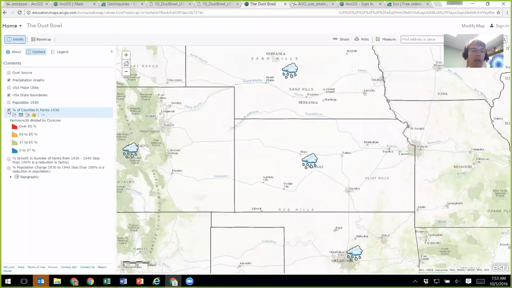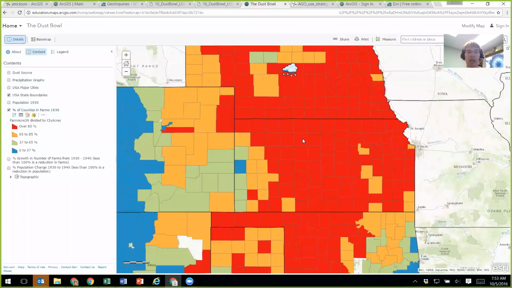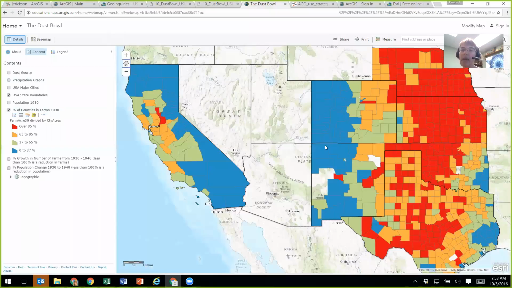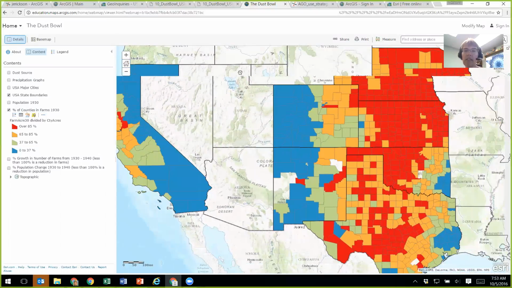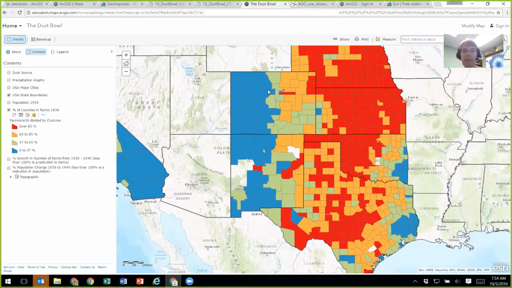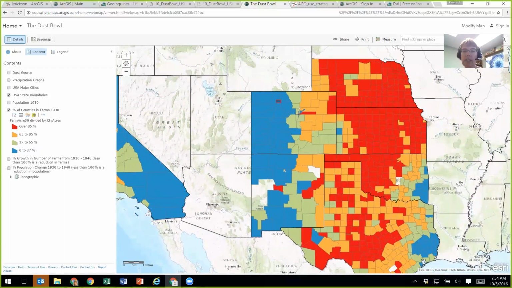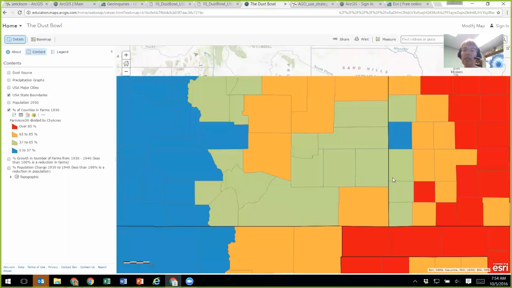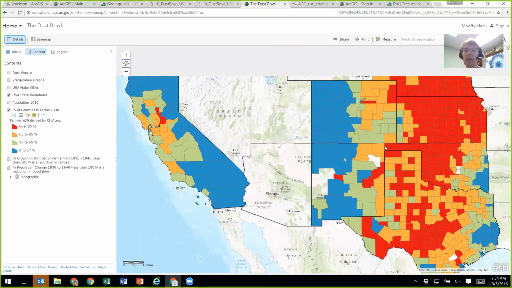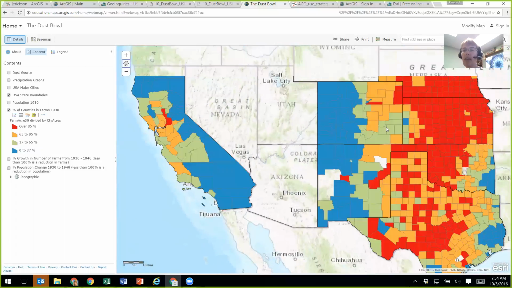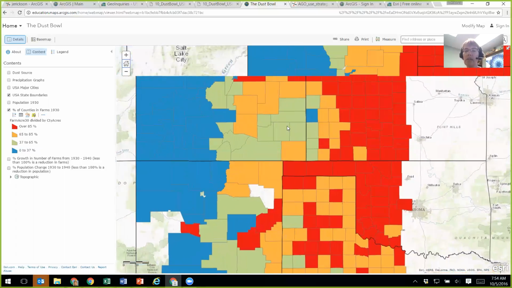So I'm going to go back and turn on this percent of counties and farms in 1930. If I wanted to zoom on here, I have the plus and minus zoom in the upper left-hand corner of the map. If I click on the little house, it takes me back to the original set. I can drag the map around by just pressing my mouse and clicking. If I hit Control or Shift and click, I can actually draw a rectangle, and it'll zoom into my rectangle. And then if you have a scroll wheel on your mouse, you can use that to